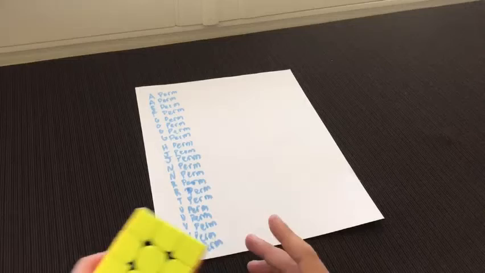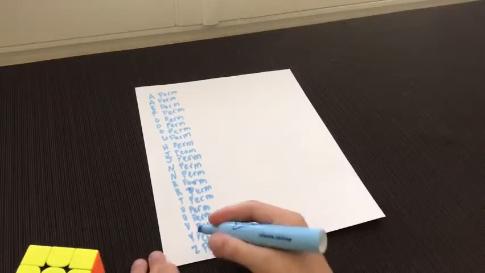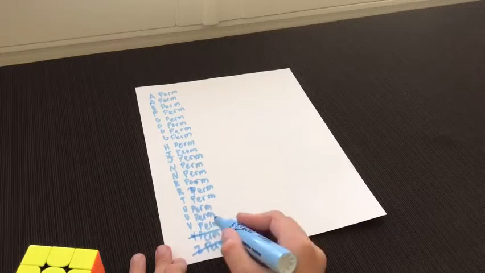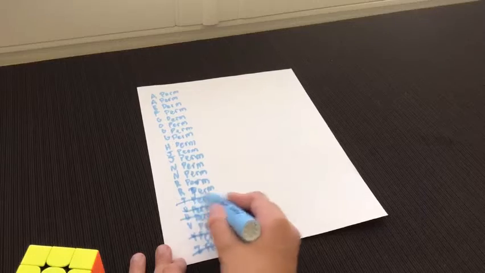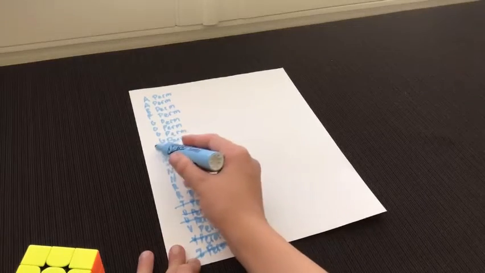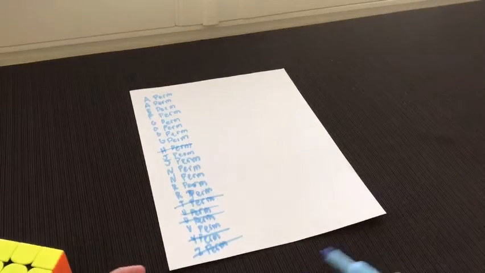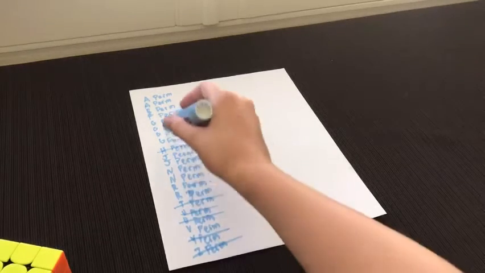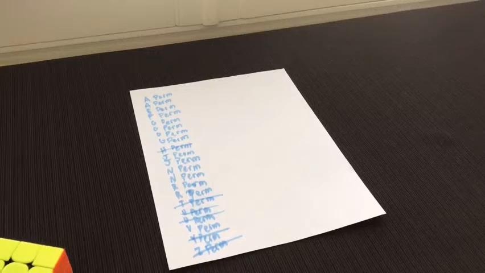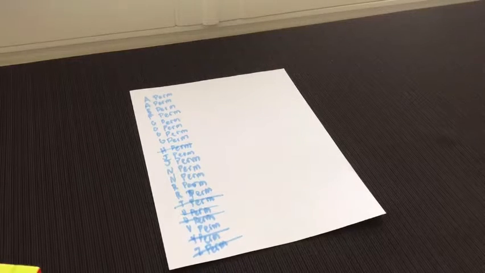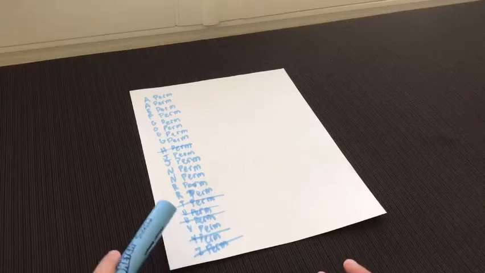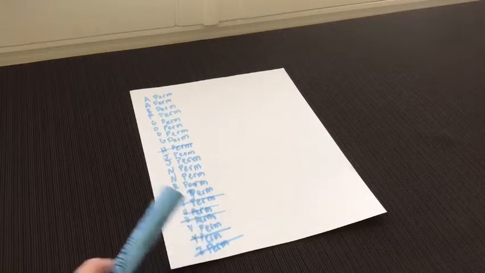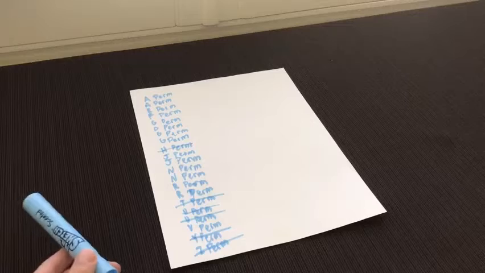So, right away, this took out Z perm, Y perm, both U perms, T perm, and H perm. So, just out of the box, we have 6 PLLs done just with two-look PLL. So, next, after I was very good with two-look PLL, and I learned all these, I decided I wanted to